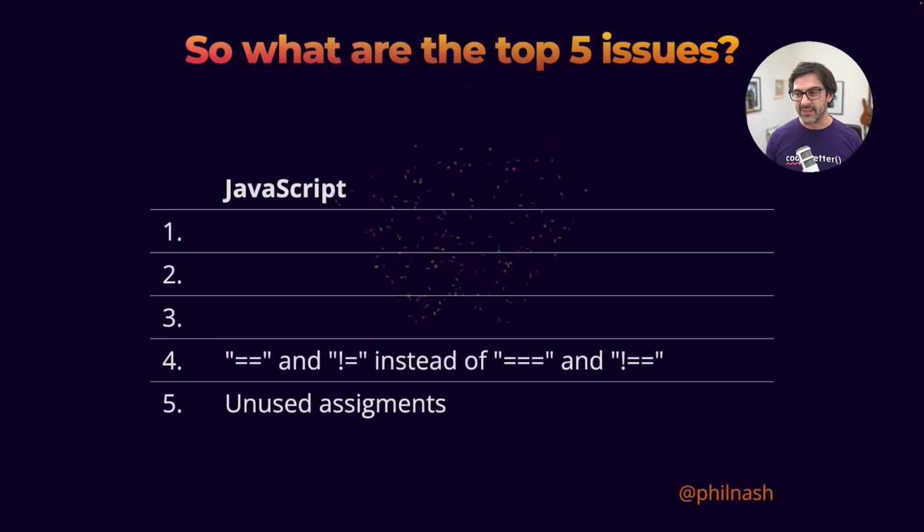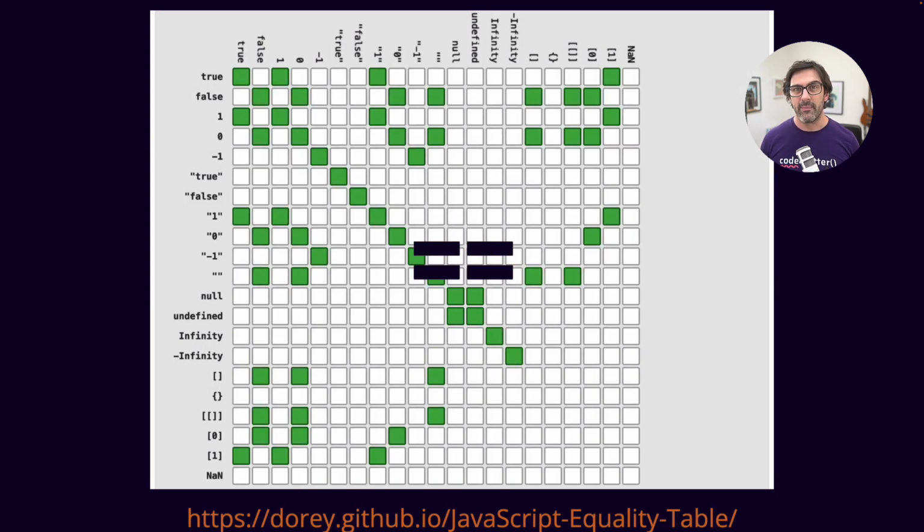Double equals and not equals. So the issue is using double equals or not equals instead of triple equals or not equals. And I've got a great graph from another developer to show you why this is the case. As double equals or not equals are all about coercing things into place. They work perfectly normally if you have two things of the same type, but if you try and compare different types of objects with each other, then double equals is going to coerce one into another object, and we get this lovely big table of potential